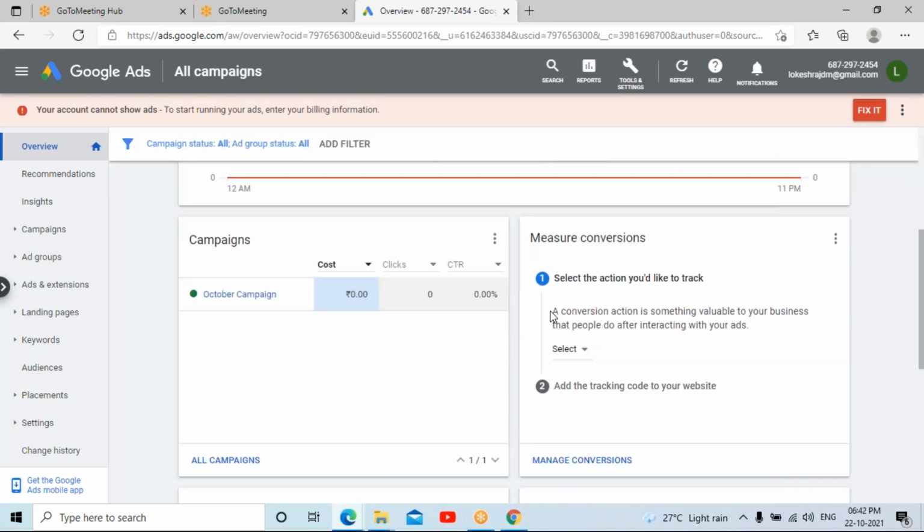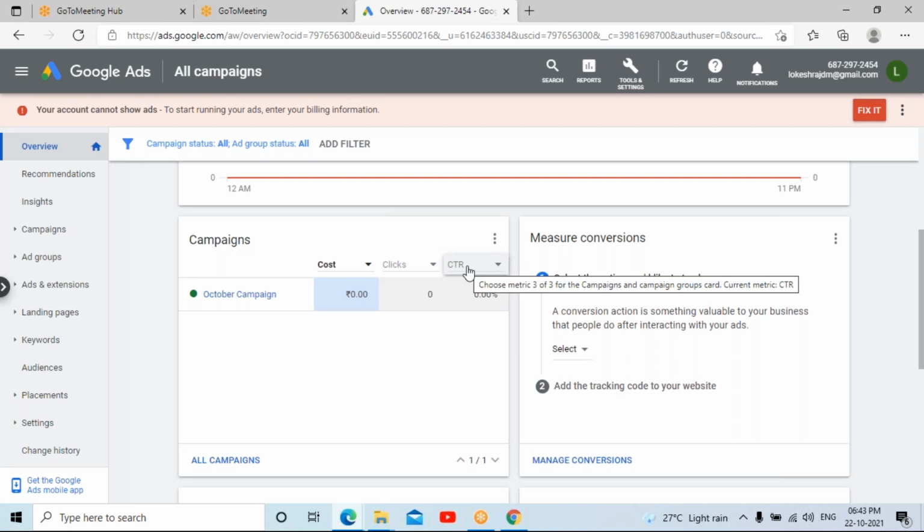Not only this, you have many other reports once it is live. There is a report called CTR, which is click-through rate. That means the percentage of people who see our ad and our description on the main screen of the search engine and click on it. So out of 100, how many people are clicking? That percentage is shown over here.